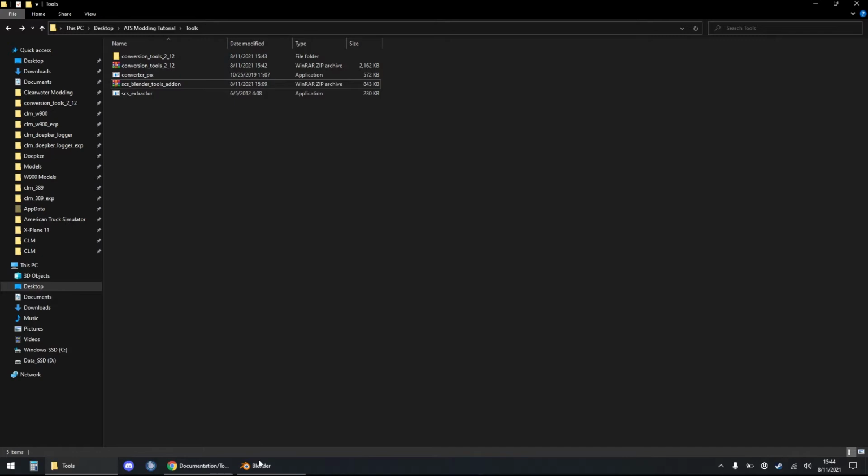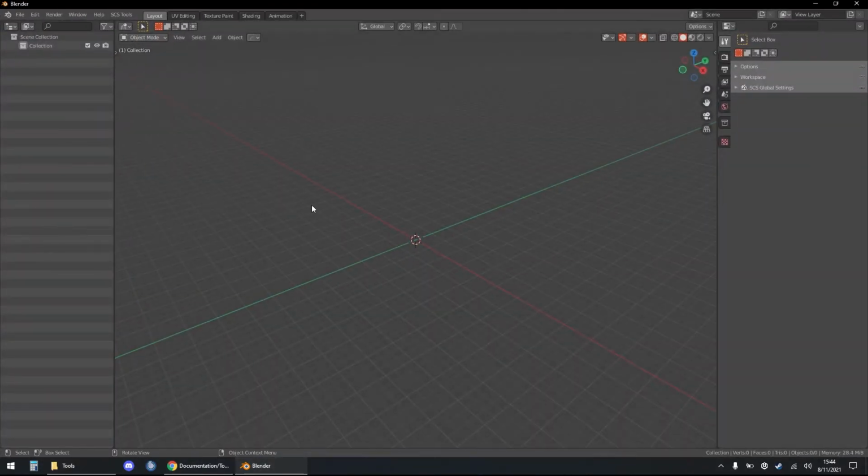So here is Blender. You're going to want to open your Blender. Yours is going to look probably a little bit different, but everything's basically the same. I just moved my scene onto the left side instead of it being on the right. But what we're going to want to do is go to Edit,